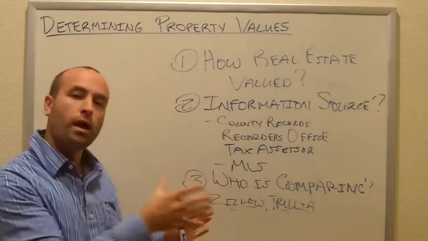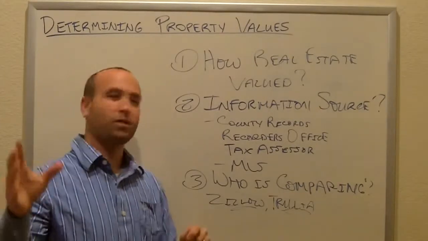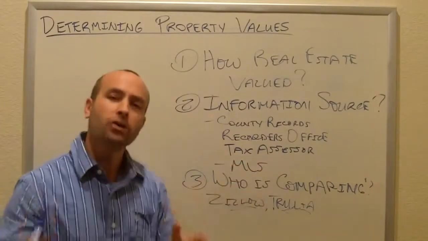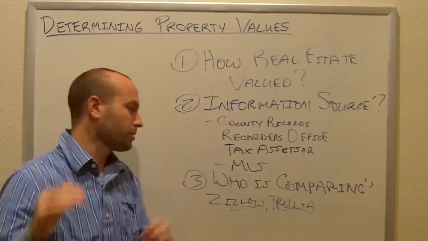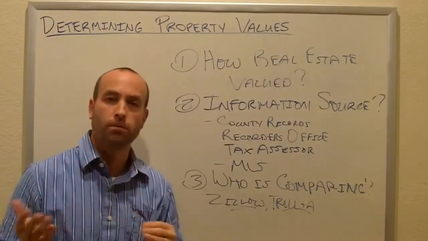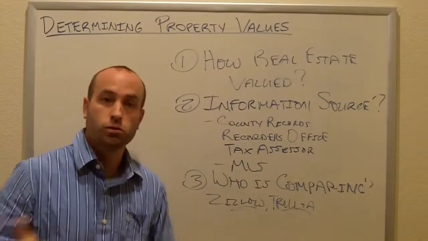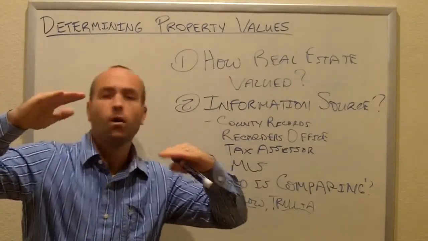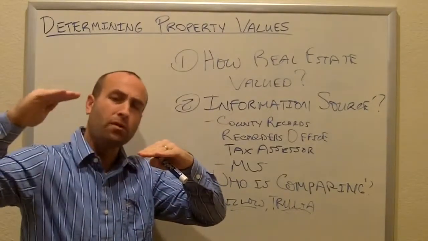And then what you'll do is, just like you would if you were buying an iPhone, or buying bread at the grocery store, get the most comparable properties. Picture you were going to buy that property and start to look at the comparables. How do they compare with the subject property that you want to know the value of? If, say, $300,000 was one of the comparables, why was that one $300,000 and the other one $275,000? What made it different? Did this one have more square footage? Did this one have an extra bedroom?